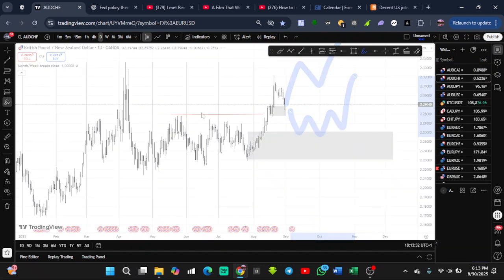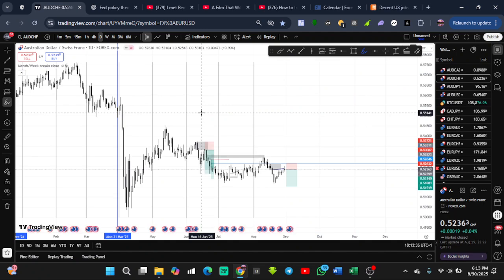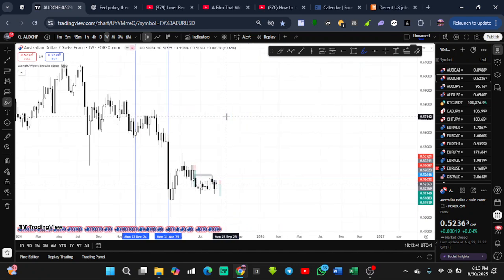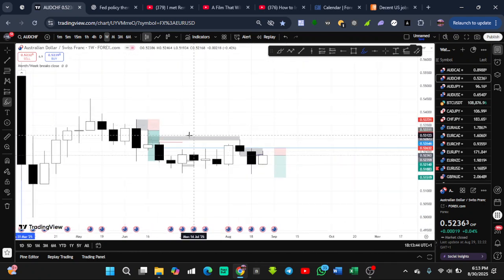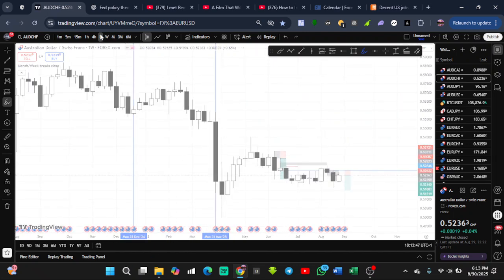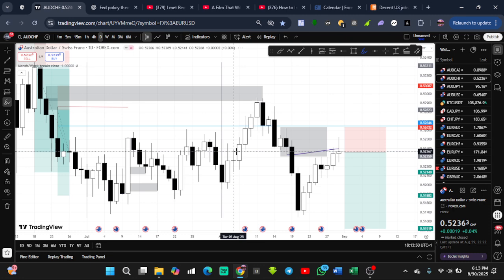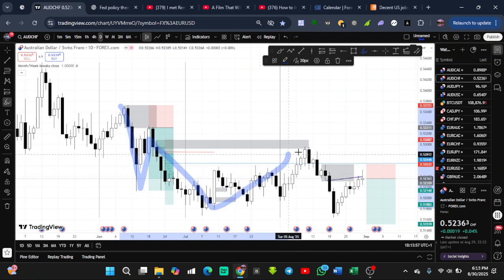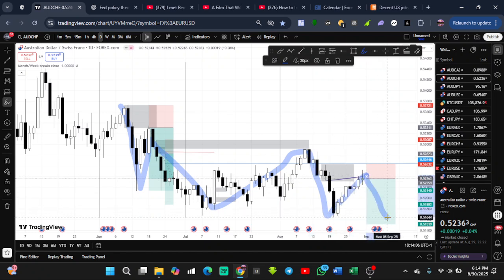The reason I'm in Aussie Swiss is due to Swiss strength, and I gave this view a week ago. So this is bearish already. On the daily time frame, what you see here is this was a downtrend. It took about a month and two weeks, then we had this drop, and then we have this push. So I'm anticipating this drop again. That's why, remember, the Swiss is a safe haven. The Aussie is still weak though, but